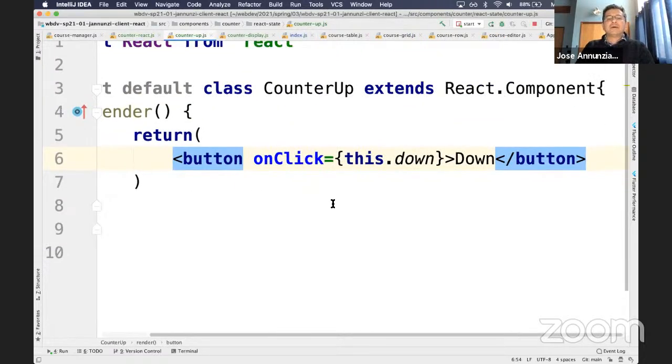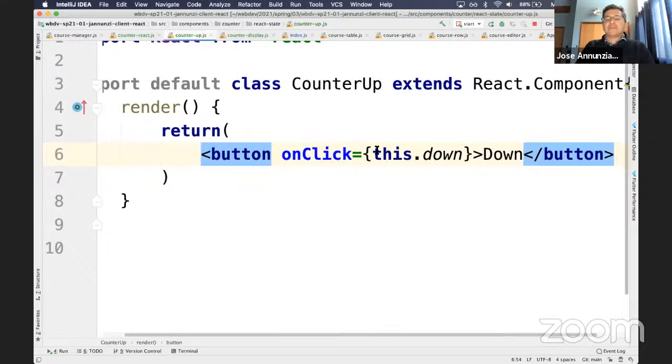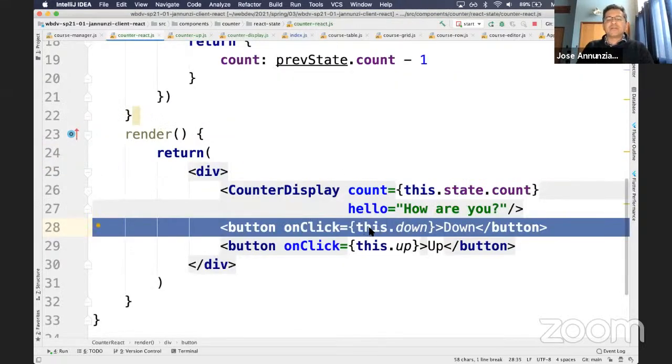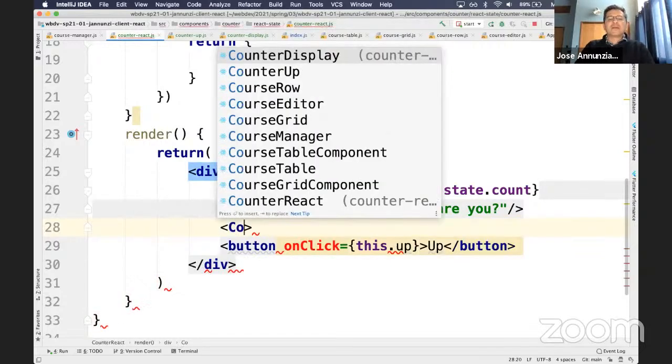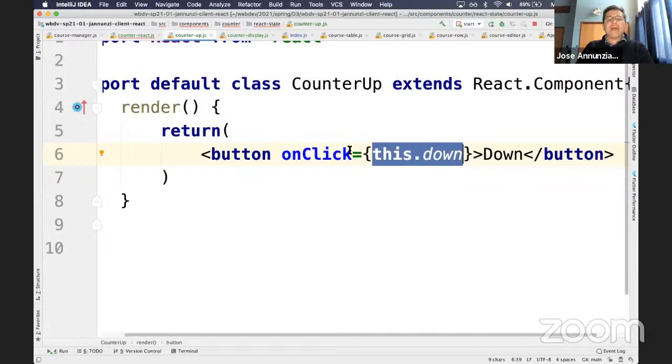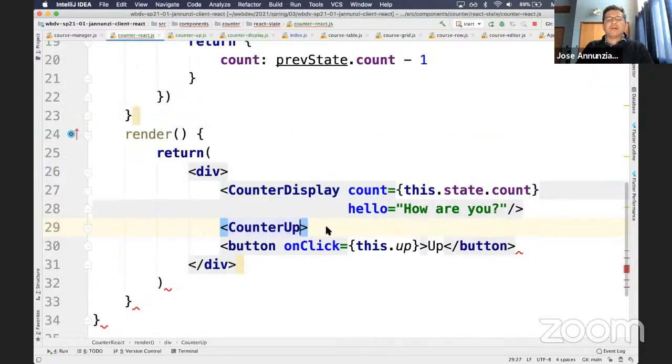All right. But I don't have this here. So somebody needs to pass it to me. Now notice I'm not going to use the constructor, right? It's going to bind it automatically for me. So I'm going to say here counter up. I'm going to pass down an attribute, which I'm going to call